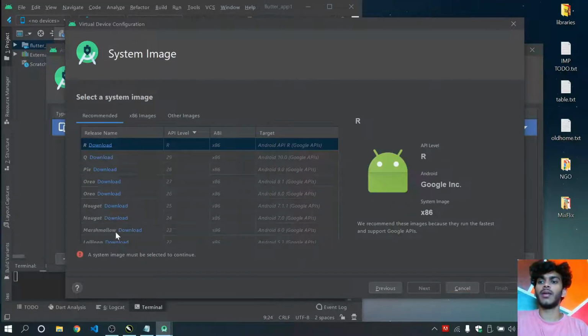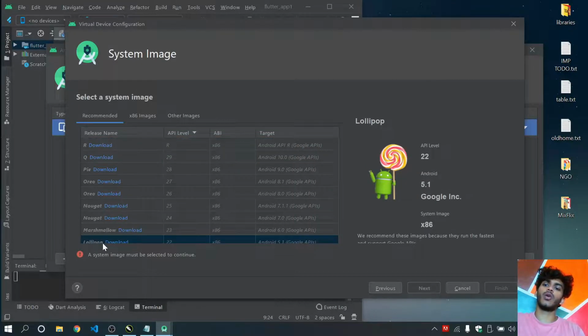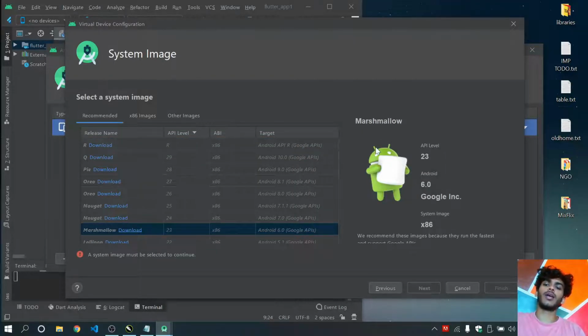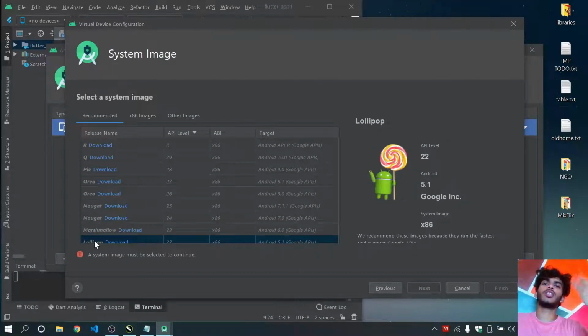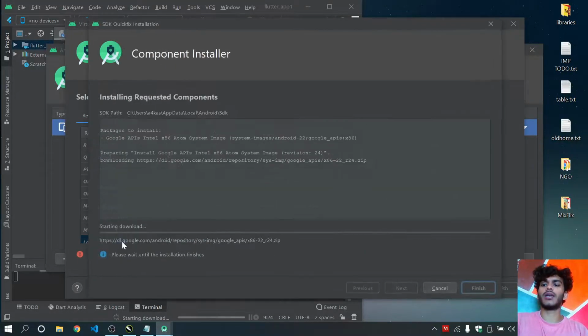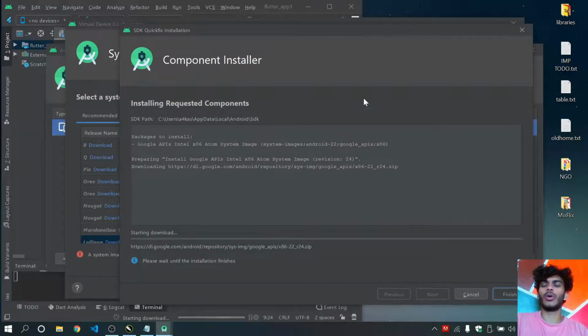Then you need to select the operating system version which you want to be installed on your phone. इसमें कुछ भी select कर सकते हो. अब इसमें select करने का option ये है कि if you select the lower ones, like Lollipop or Marshmallow, things will work like, आपने लॉलीपॉप सेलेक्ट किया तो लॉलीपॉप के भी जितने भी हायर वर्जन्स हैं, the Android version which is having an API level of more than 22 will work fluently. मतलब आपके जो भी एप्लीकेशंस आप डेवलप करोगे वो इसके ऊपर के सारे भी एंड्रॉयड में एकदम आराम से चलेंगे. So you can just go for Android Lollipop. Click on Download for whichever operating system you want to download onto your computer.